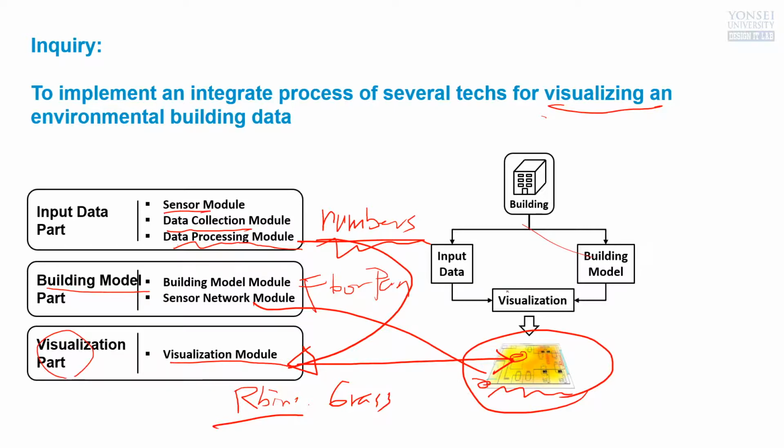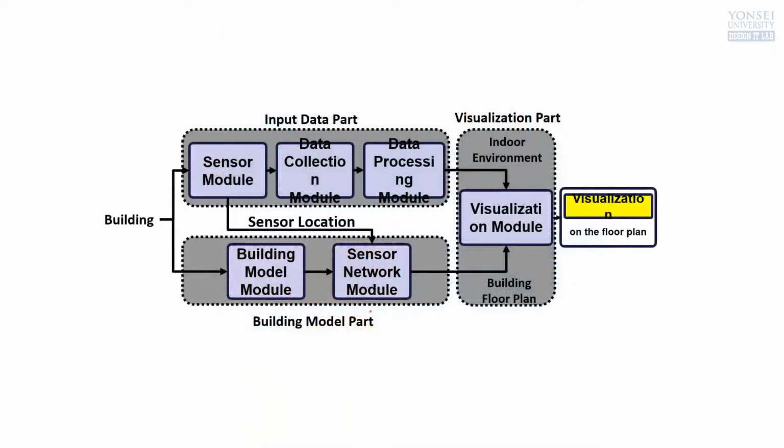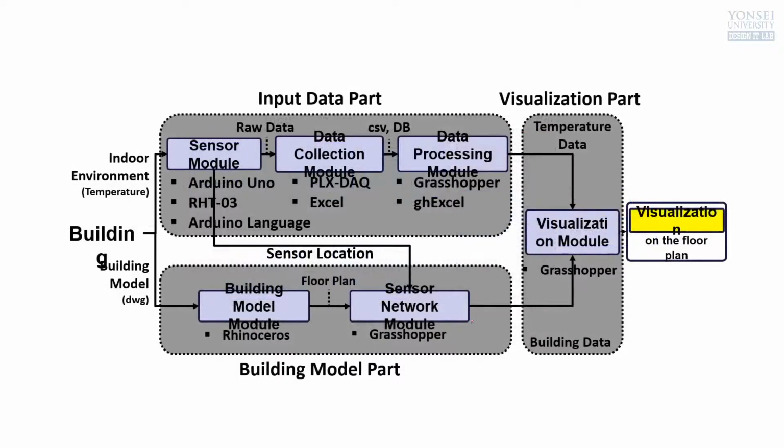So this is the kind of data structure diagram, okay? Existing building floor plan, input data from sensors, and the building model can be visualized all together, and then the final visualization can be here. So that's why I showed you before. So take a look: building model part, input data part, and visualization part, they're going to be integrated into one single visualization. So that's what I explained to you in the former slide, and this is a more specific and detailed module